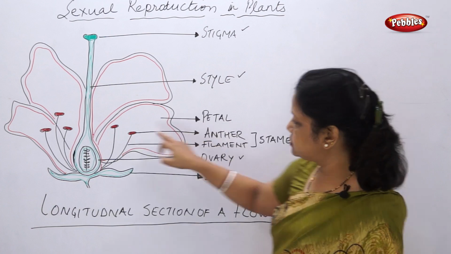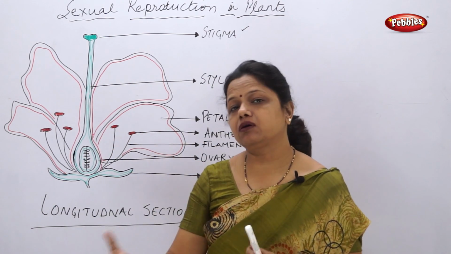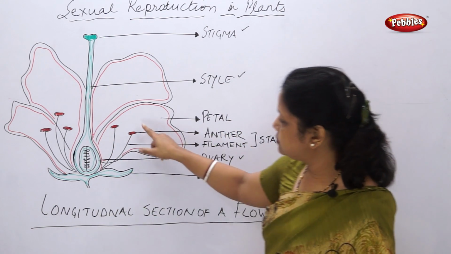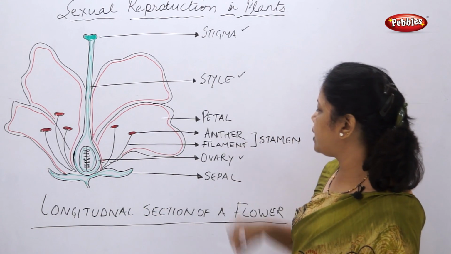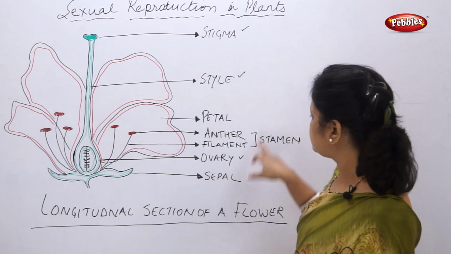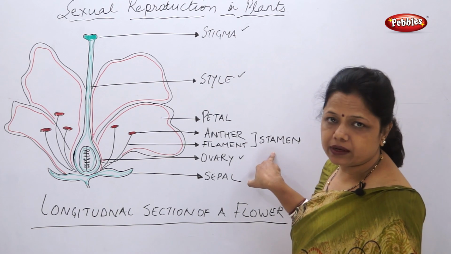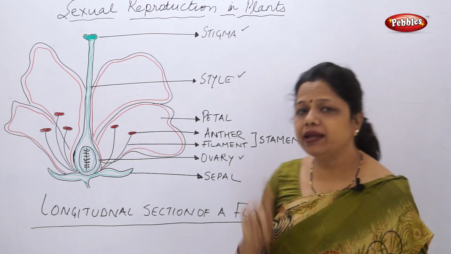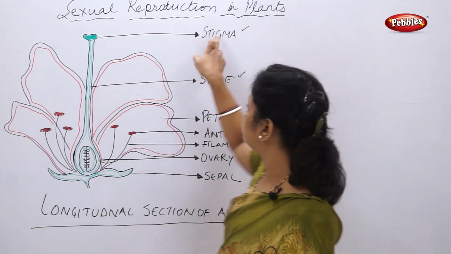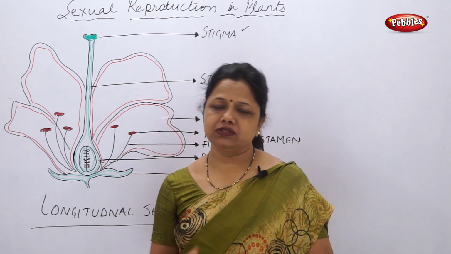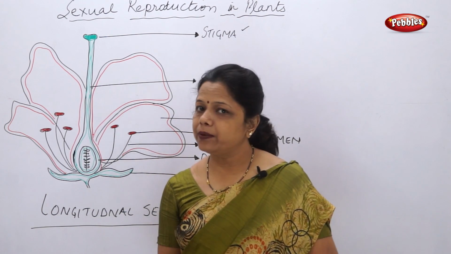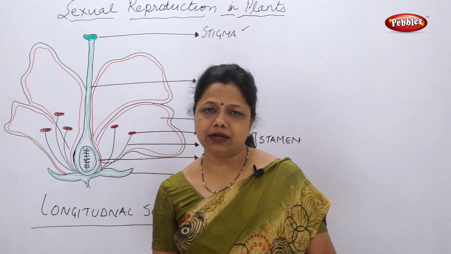So the anther is this pollen-bearing part which we generally call the anther, and the stick-like structure is the filament, which is another part. These together are known as stamen. So this stamen is the male reproductive organ, and these three which are the female reproductive organ come under one word which is known as carpel. So carpel and stamen are the two parts of the